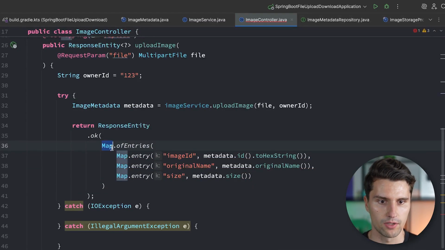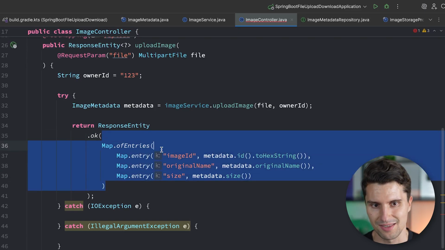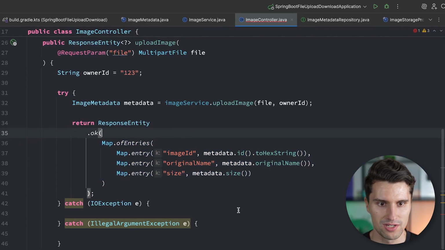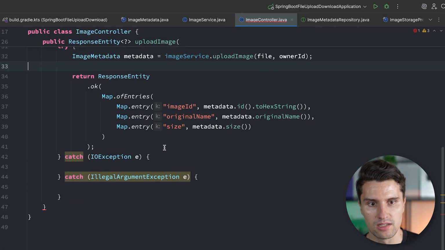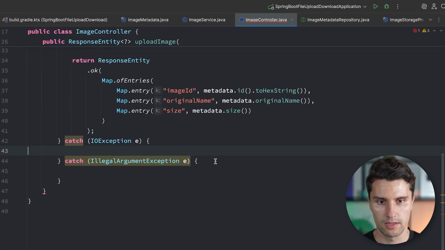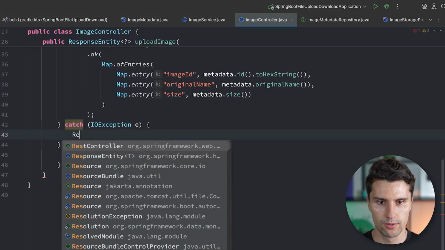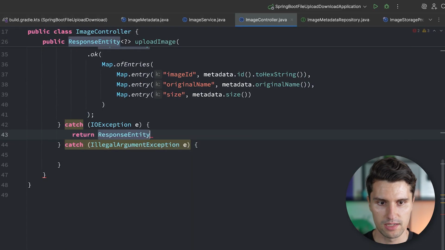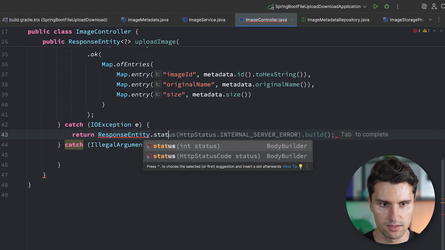Yeah, okay, Map.ofEntries, or you just create a class that represents this. That is completely up to you, of course. Since we really just need this here once in this simple project, I decided to make this a map. However, things go wrong. So in the IOException case, we want to return a ResponseEntity.status